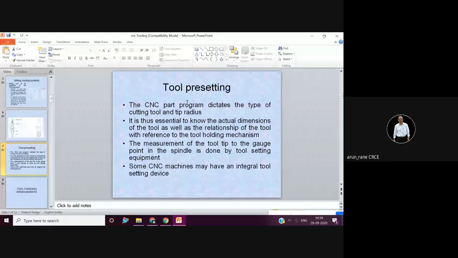So it's a device in which you fix up the tool, you mount the tool, and you take the tool height data and you take the tool diameter data. Tool diameter data means it's not necessary that tool diameter will be exactly 20.00. For example, if it is ground, it can become 19.86. So that you have to measure. That you don't measure on the machine. So you measure it offline.